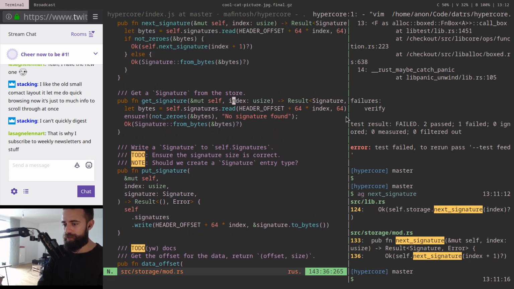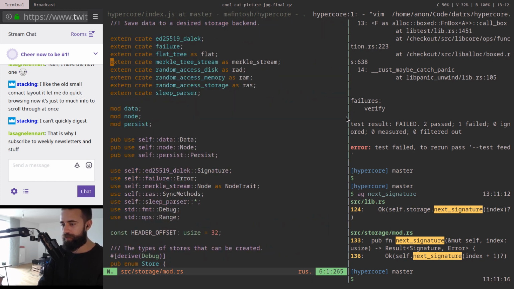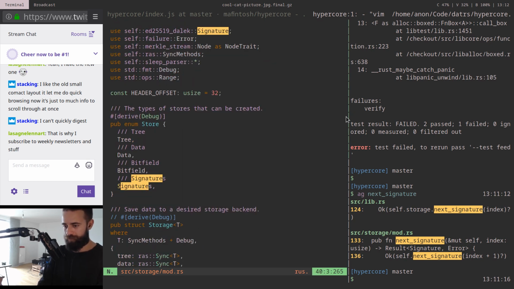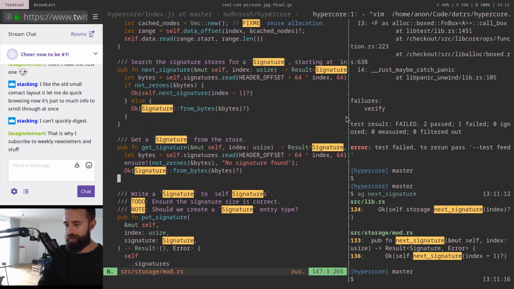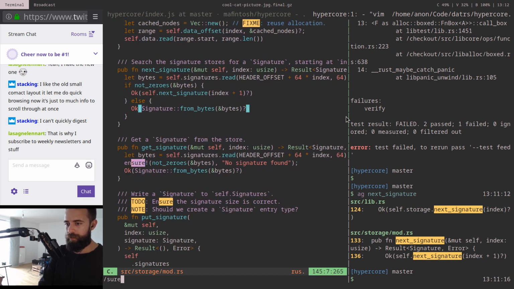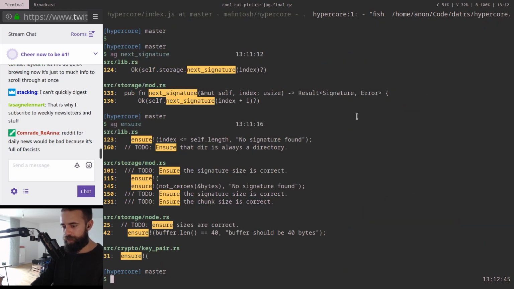Self.signatures, write a signature. What's a signature? A signature comes from the Dalek crate. So where are we failing? So ensure there. So we're doing ensure there, not zeros, no signature found. Ensure that the